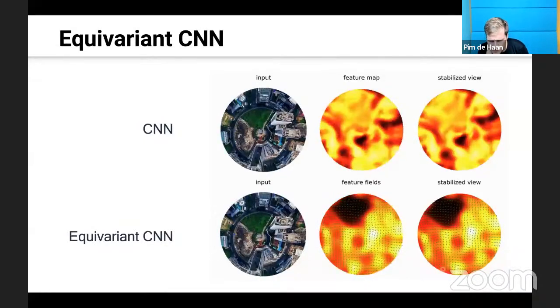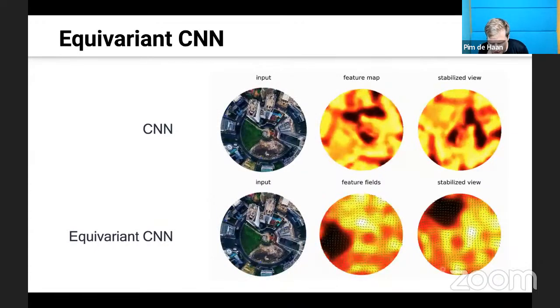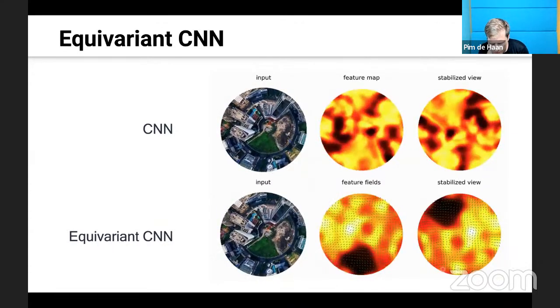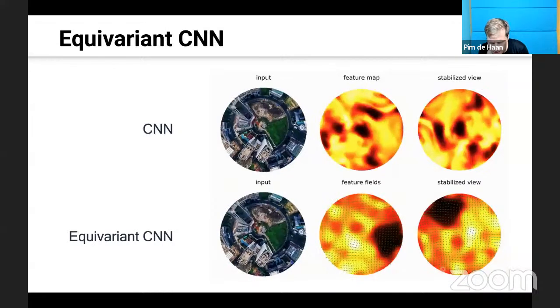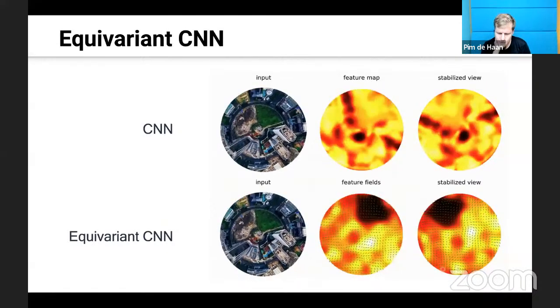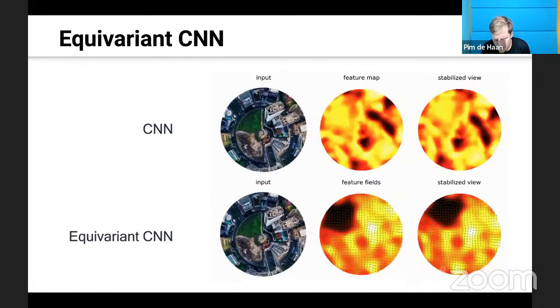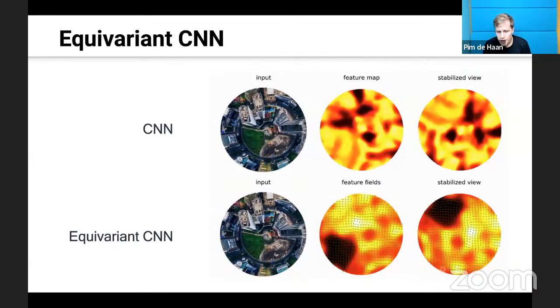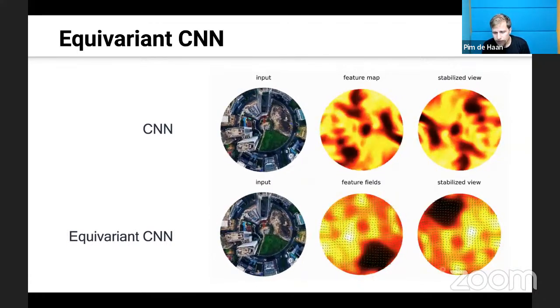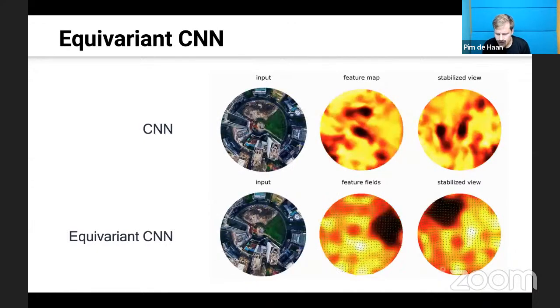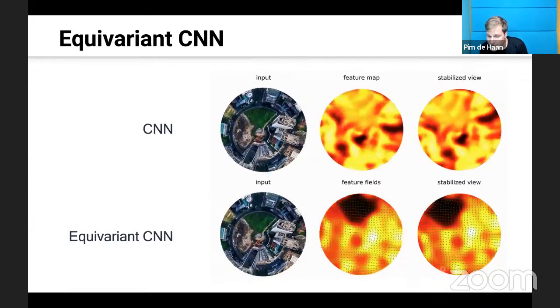This kind of equivariance preserves information. So I don't quite follow the first question from Situ. This kind of equivariance preserves information. I'm not quite sure what the question means. The second question is,